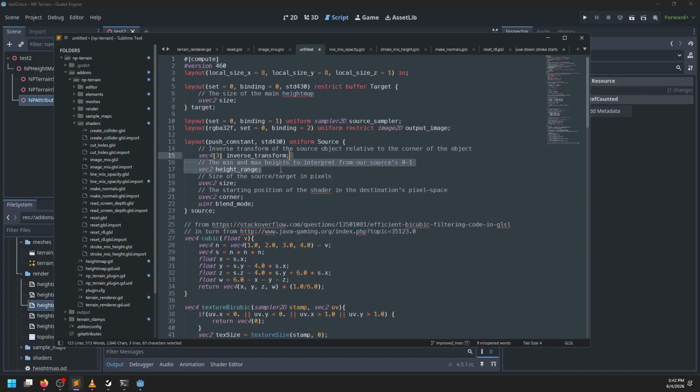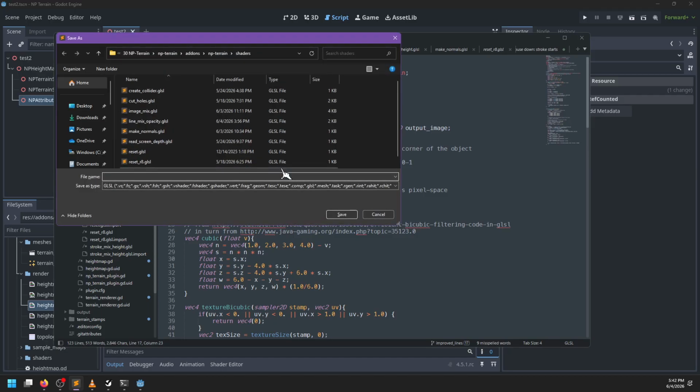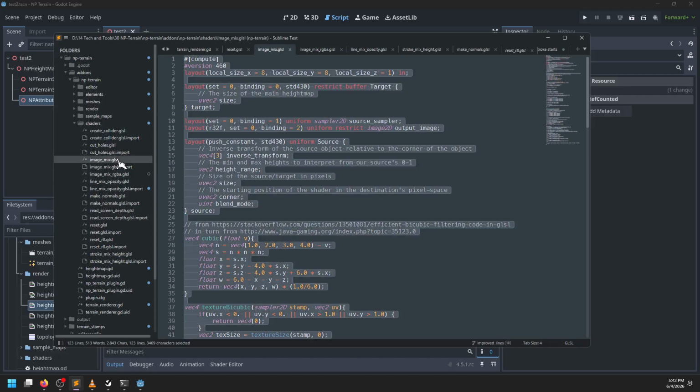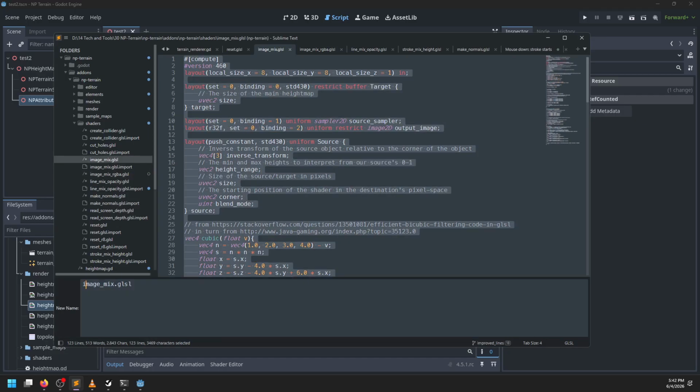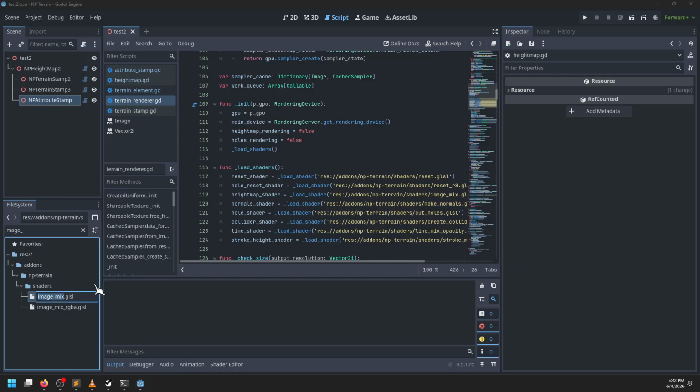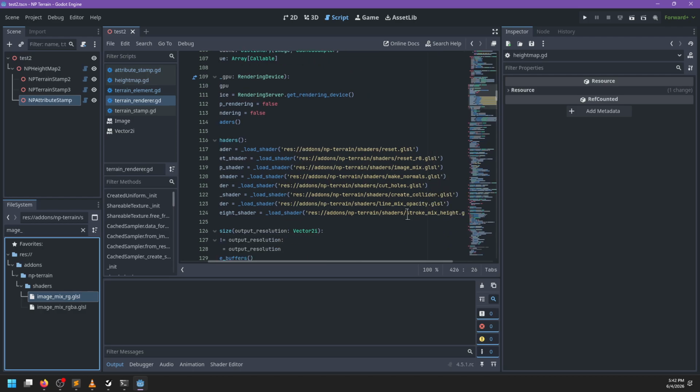We don't need the height range at all, but I'm going to keep that because I don't have the mental capacity to do that. This is going to be image mix RGBA. And then we should rename this one to image mix, hang on. Rename to RG. So that now here,